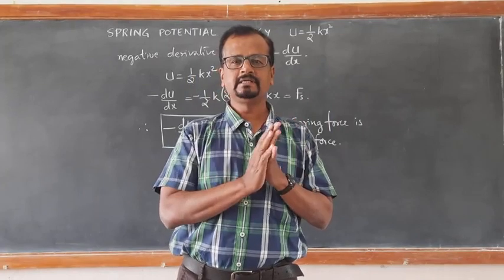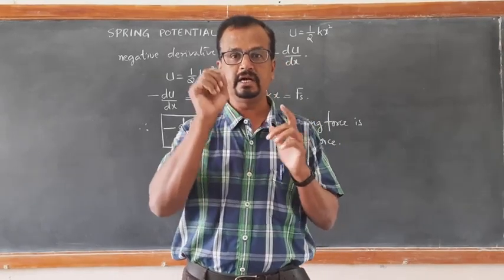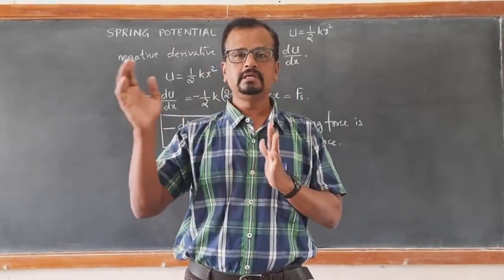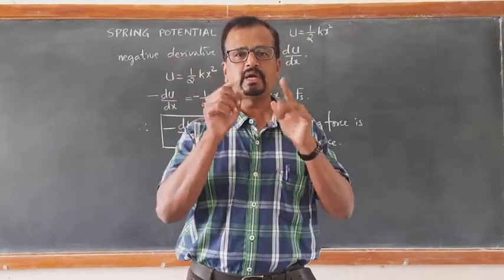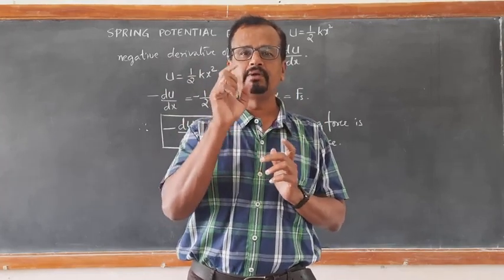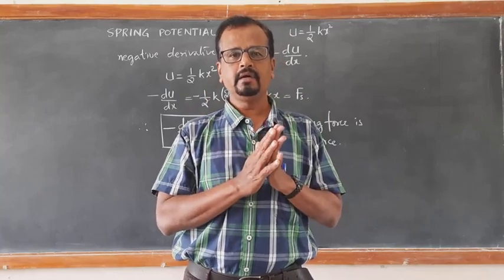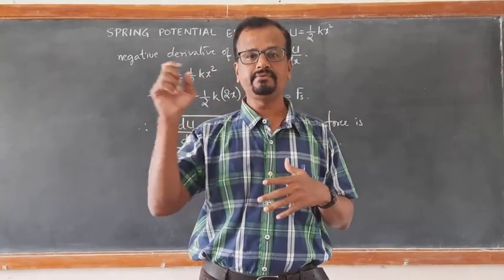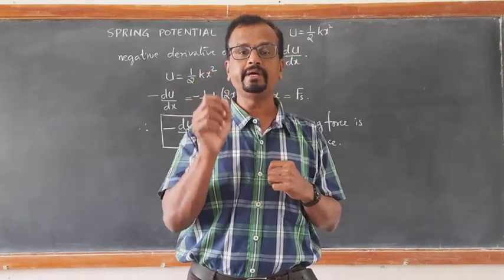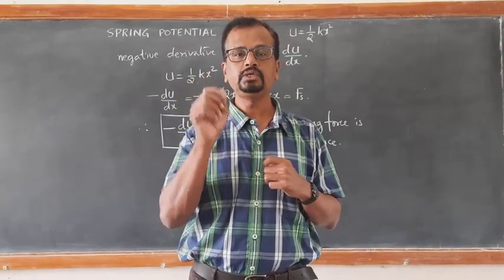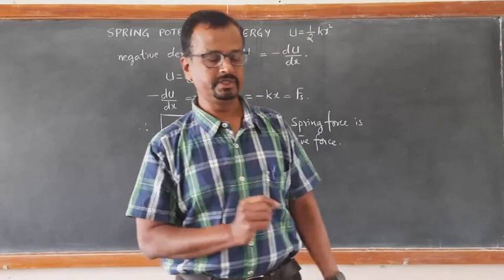When it reaches x equal to 0, the initial undisturbed position, it will not stop, because at that position its entire potential energy is converted into kinetic energy, and the spring will have maximum velocity or maximum speed. Let us calculate that maximum speed. Not only that, at any position of the moving spring, we can calculate the total energy. Total mechanical energy is equal to the sum of kinetic and potential energy. Let us do it.